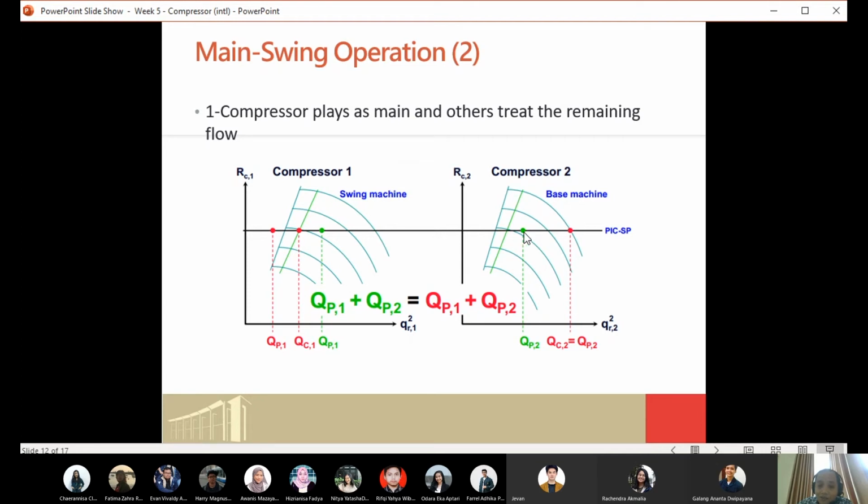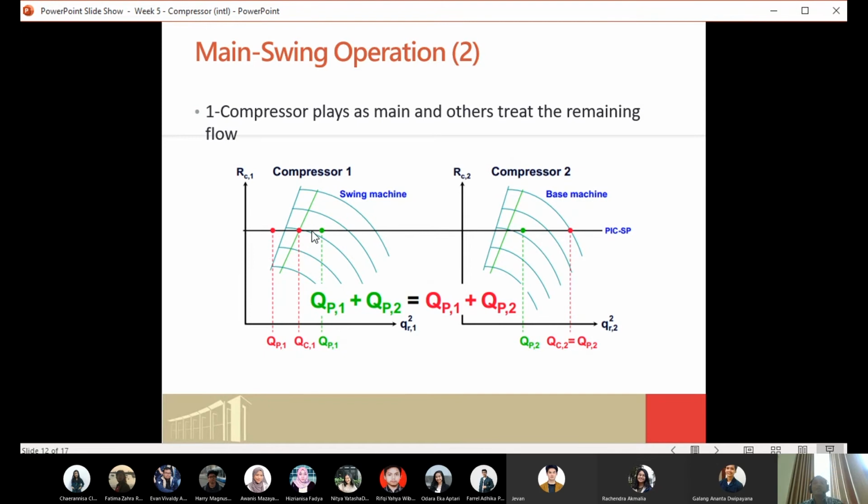When you increase the speed of the compressor, it will go to the right side, so the flow rate entering compressor number 2 will be increased. And for the opposite one, because it takes the remaining gas not handled by compressor number 2, the flow rate will go to the left side.